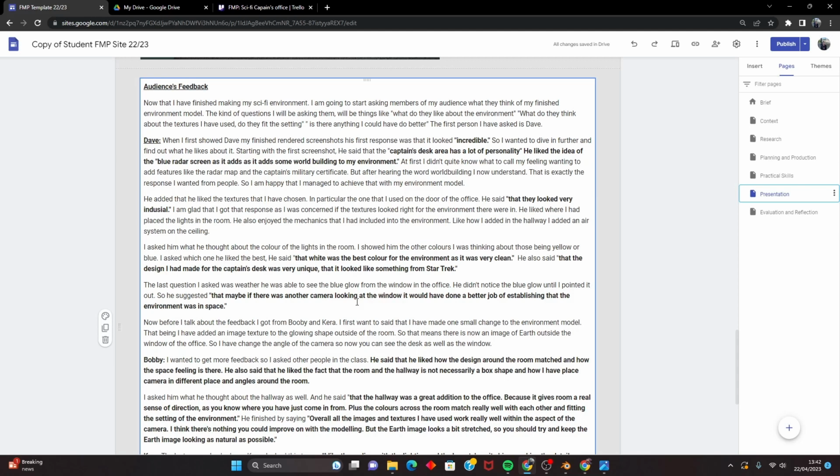He made a point saying that when I asked him what he thought about the blue light coming into the room, he didn't notice it. He didn't see it until I pointed it out. And he suggested that it would have been a better idea if I had moved the camera over to the window to get a better